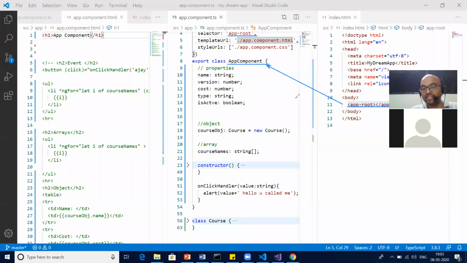When I say the whole component, it means you have this class as well as this whole HTML. Because calling a component means you're calling the HTML as well as the class. Do you guys agree on this point? Yes or no? Simple question.